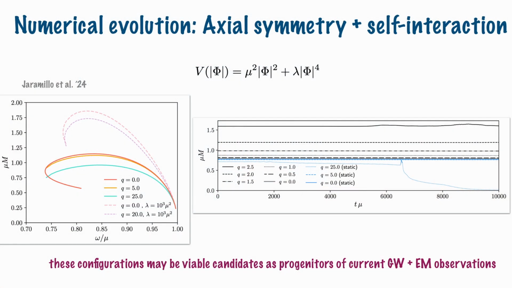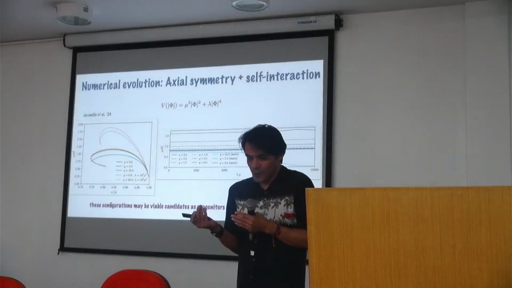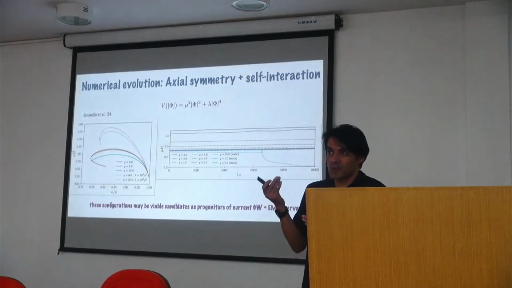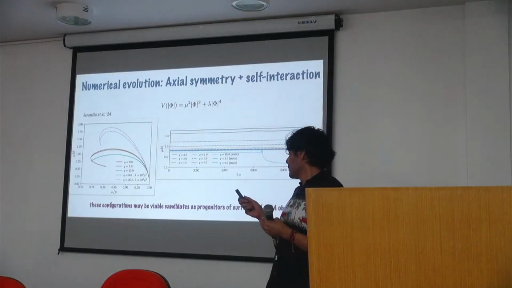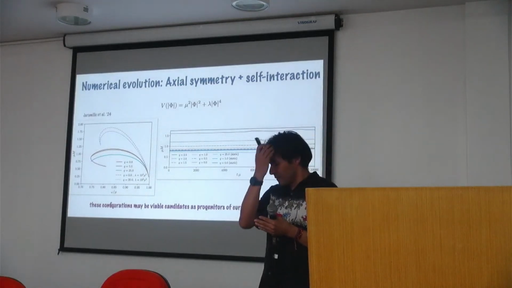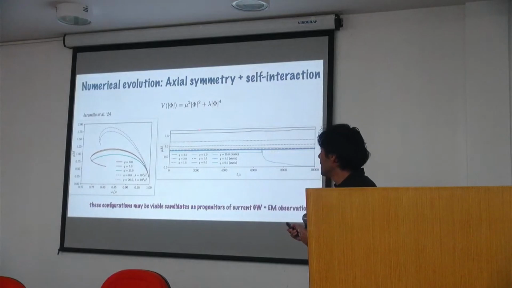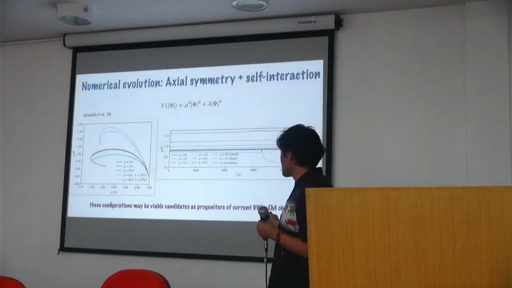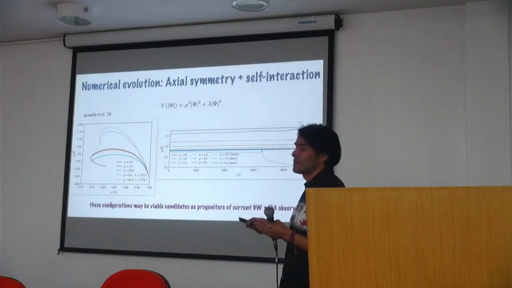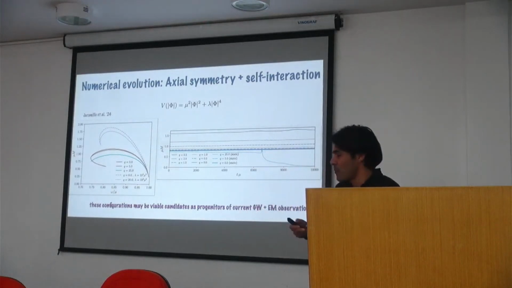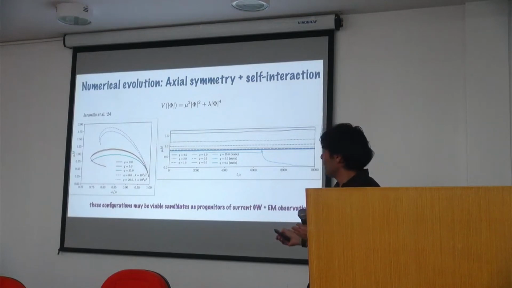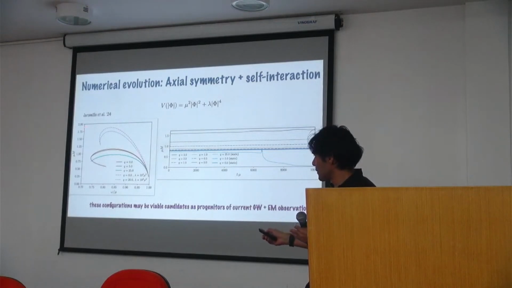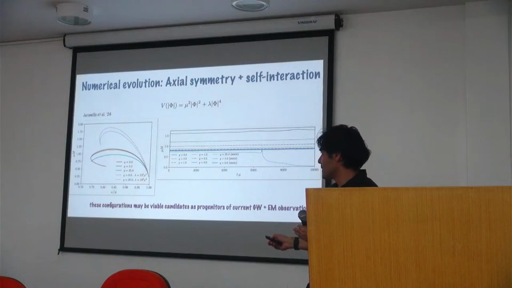And now what we really want is to have stable stars that can explain some of the observations. So we talked to Nicolas in Valencia, and he suggested including self-interaction. With self-interaction, we discovered you can repeat exactly the same game that we played before. This is the new initial data. This is when you have lambda equal 10 to the third mu squared, but no charge. This is the one that we have here.